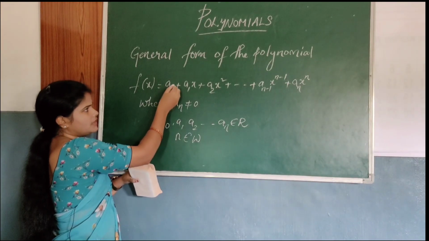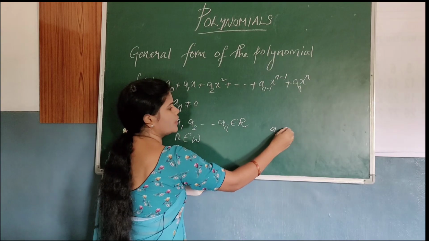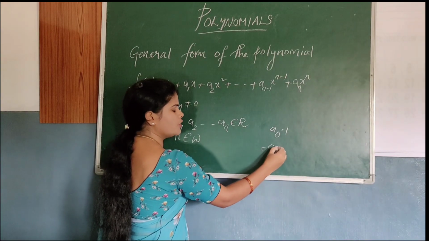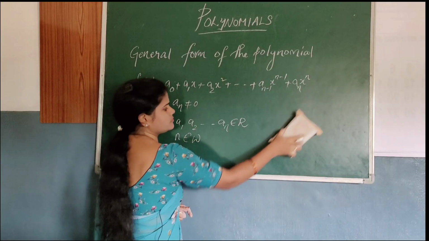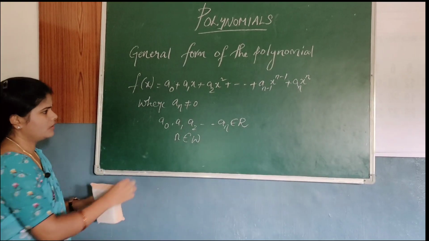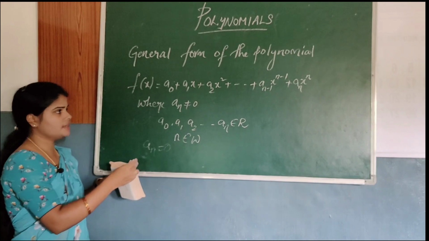Since for a0 nothing is there, it can be written as 1. So a0 into 1, and 1 also can be written as a0 into x power 0. So n belongs to W. If I take a n equal to 0,